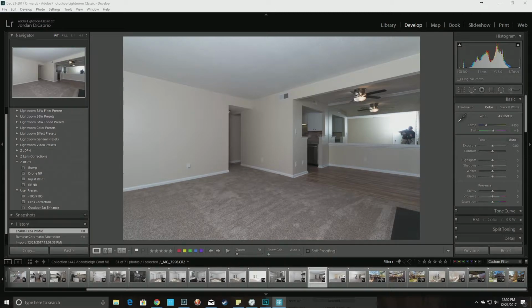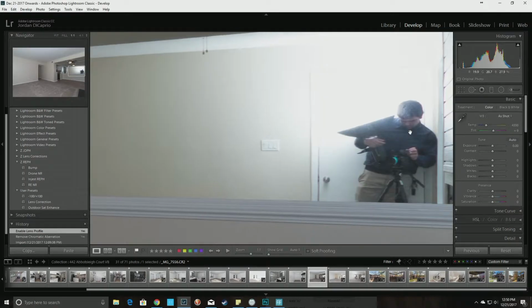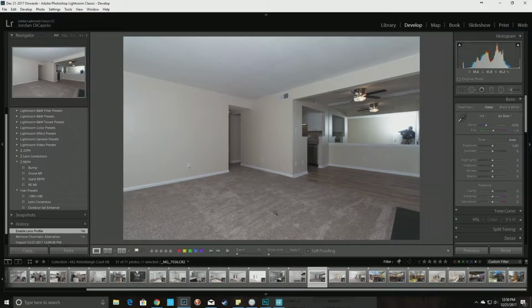So what we have here is a living room which goes into the dining room and kitchen. It's a condo, and the unique part about this is that this entire wall here is actually a mirror. So obviously you can see me right here in it. Now typically you wouldn't shoot this because you have this issue. Either you wouldn't shoot it, or